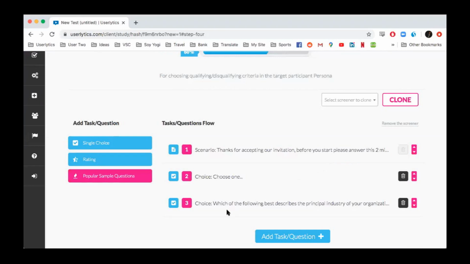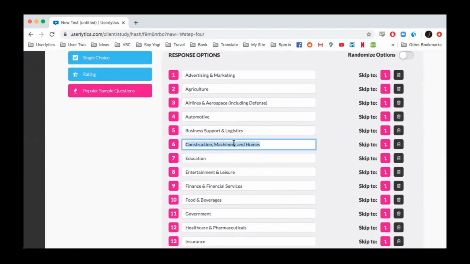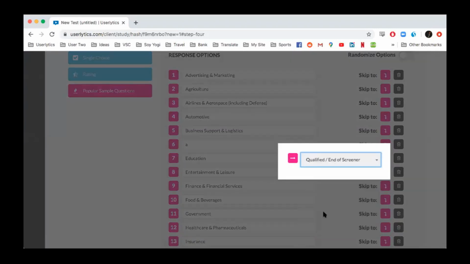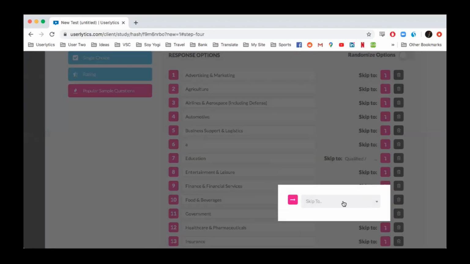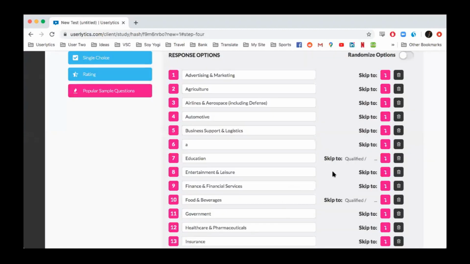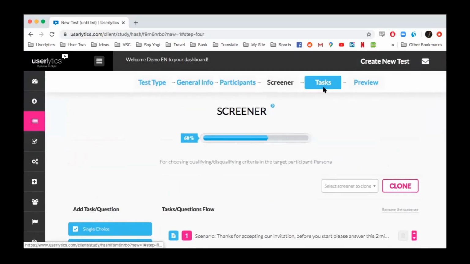industry do you work in? We already have that one defined for you. You can easily come over here and delete options, rename options, do whatever else you want. You can qualify or disqualify people kind of however you want, or send them to follow-up questions just to make sure you're getting the exact participant you're looking for coming from our panel, if that's the pathway you choose to